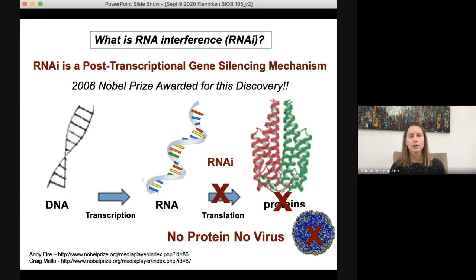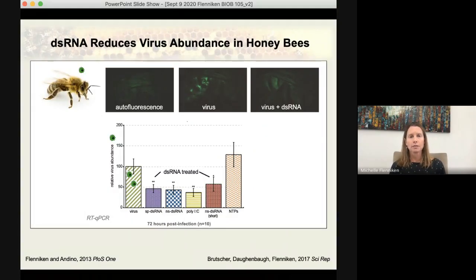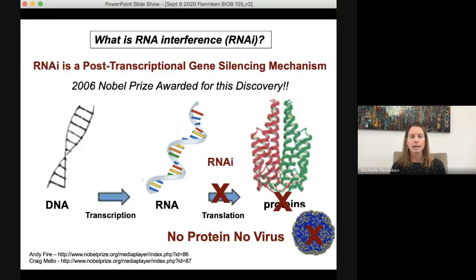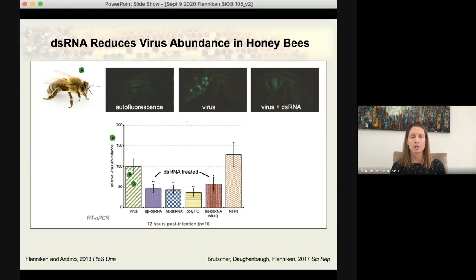And it's a gene regulatory mechanism in you and I. So I just want to give you a snapshot of the data from Laura's experiments. I mentioned that she injected the green virus in the presence or absence of double-stranded RNA. I wanted to emphasize on this RNAi slide that it's a sequence-specific mechanism. An RNA is used to target the cognate, or same, RNA for destruction. And so when we inject specific RNA to the virus, so it matches the RNA of the virus, we get